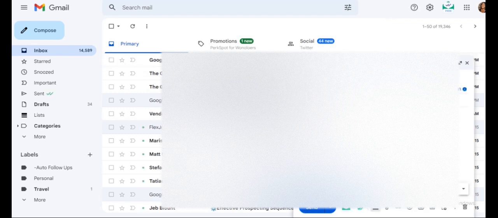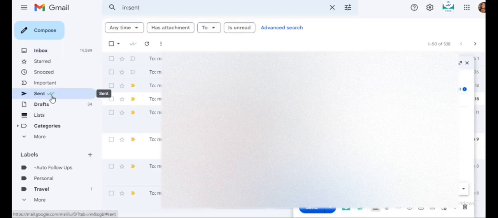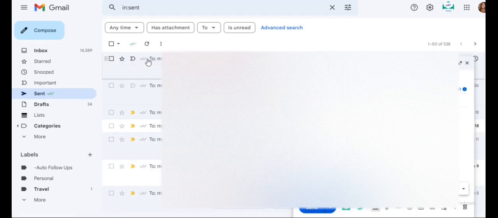Okay, so here we have it. Sender notified by Mailtrack. And here you see those two check marks. You'll know that someone has read the email when the check marks go green. So that's a free way of knowing that someone has read your email.